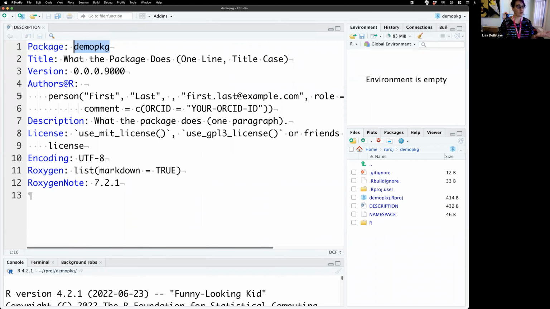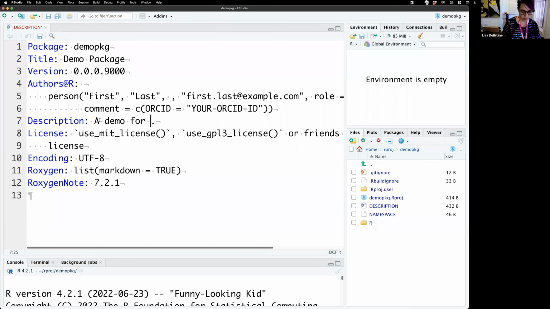Then we have a title. You can pop in whatever you want the title of your package to be. You can call it just demo package to start with, and as we find out what our packages are doing, we can update that. There's also a description. What does your package do? A demo for